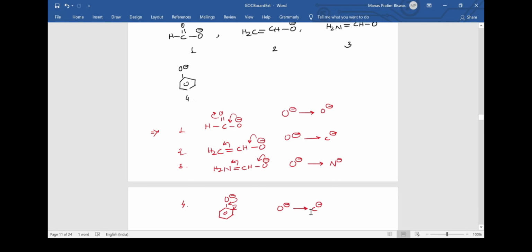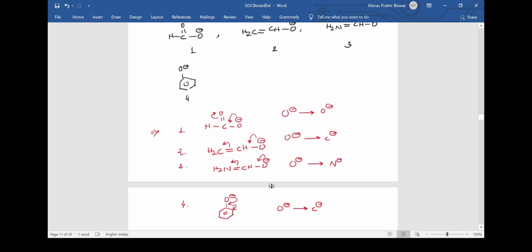So what we can infer from the second point is that the first structure is the most stable, and then the next most probable one is the third one. Why? Because after oxygen, nitrogen is the most electronegative atom among these. Nitrogen is more electronegative than carbon, so obviously the most stable will be this one, oxygen to oxygen, then it will be oxygen to nitrogen, because although it is disadvantageous, it is less disadvantageous than transferring the electron to carbon. So we get 1 greater than 3 in terms of stability.